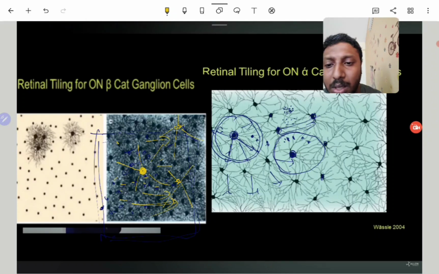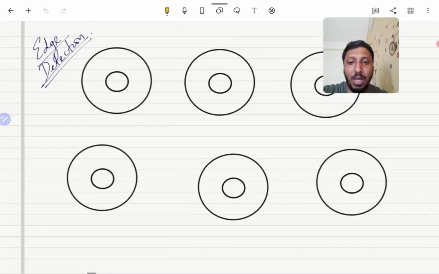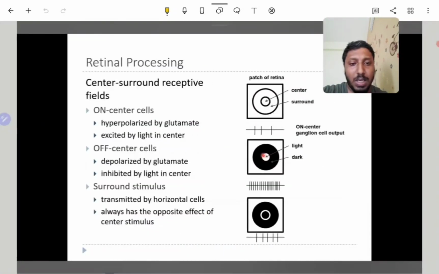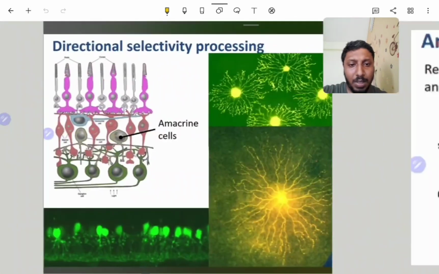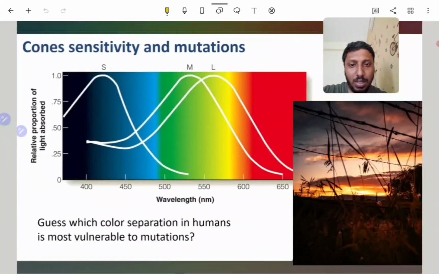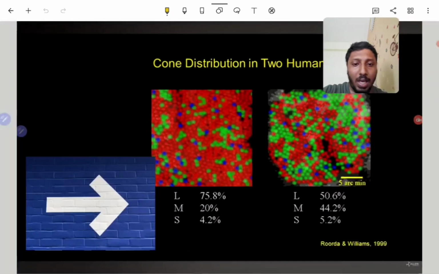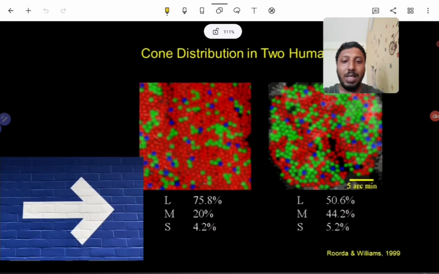I mean, there will be a red cone here, and a red cone supplied here, and green cones might be here, and a lot of things. Everything is tiled. There's an equal representation everywhere. I hope you can see that. I had a picture of that. Yes, where is it? Yeah, it looks something like this. It's just like the cone distribution. Okay, green, blue and red cone distribution, something like this.